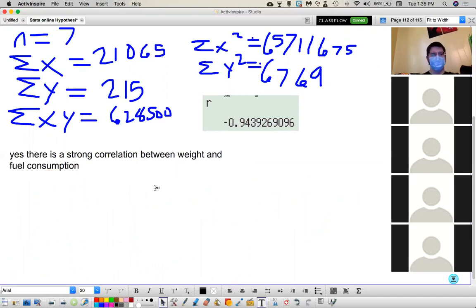And the second part said, what does this tell us? Well, it's a negative correlation. So since the correlation is negative,